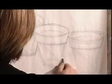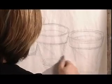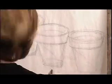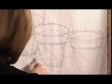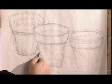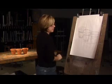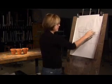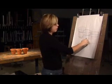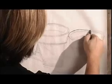I can depict the cast shadow that I see right here in terms of this searching line. I'm finding it. I don't know where it is. There's another shadow here, with the idea that this would be the beginning of a longer drawing. You could leave it like this as a sketch, but the idea being if you were going to do a longer study of these three pots, you could then go back in and really reiterate these things more carefully once you know